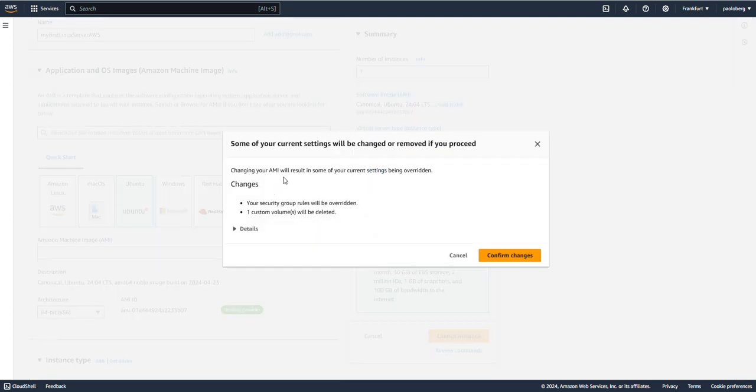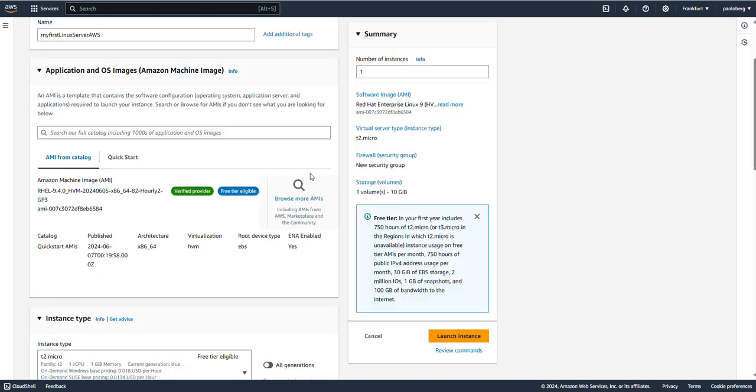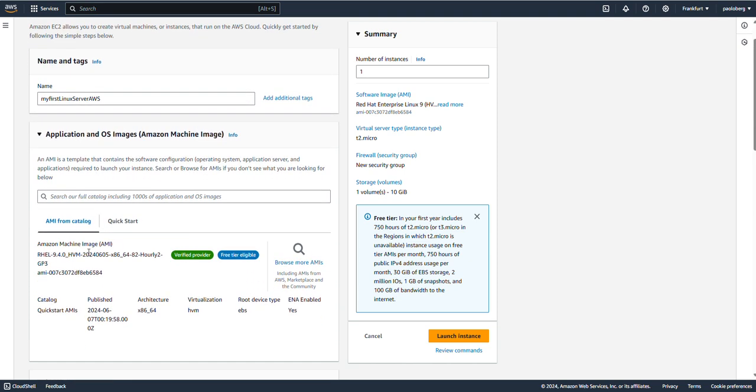Here it says that charge your terminal is doing your account. Okay, your security will be then your custom will be deleted. Okay. So here is a recap of what I'm doing. It says that I'm choosing Red Hat 9, architecture, virtualization. Okay, so